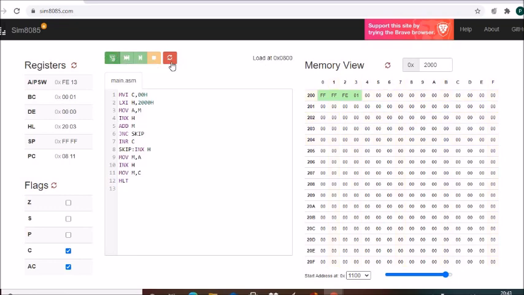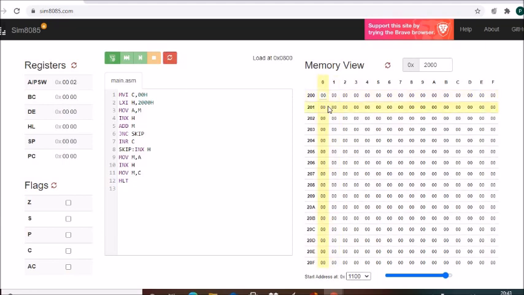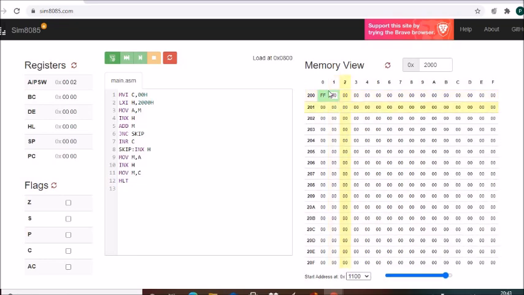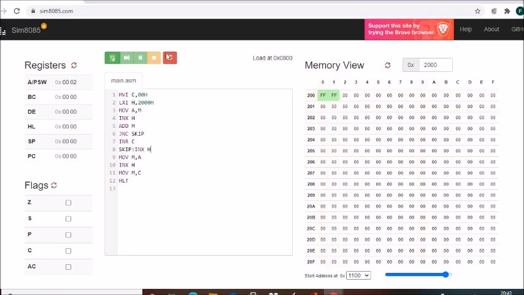You can execute this step by step, or you can execute it at once. See here, first you load the data, FF, then FF. You can execute it at once.